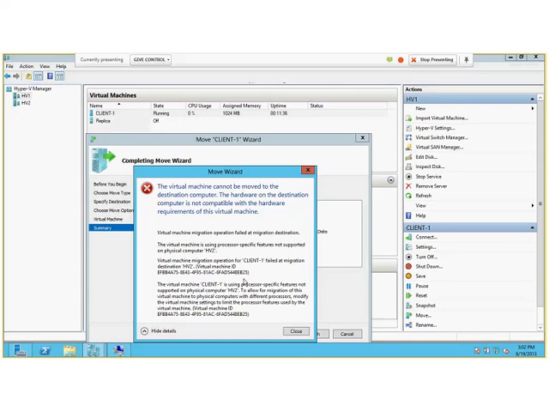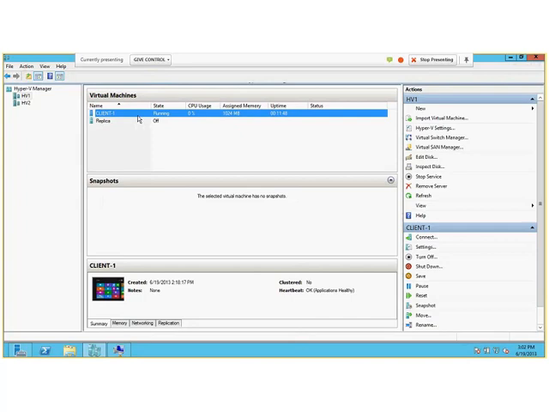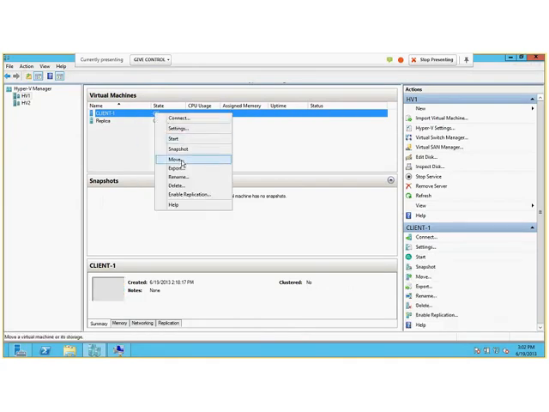The thing with this is that if you're using two Hyper-V machines, and I intentionally meant to do this, they have to be utilizing the same hardware. Same processor, same memory allocation, same everything. The beautiful part about this is that if I turn this machine off, and then I decide to move it from there,